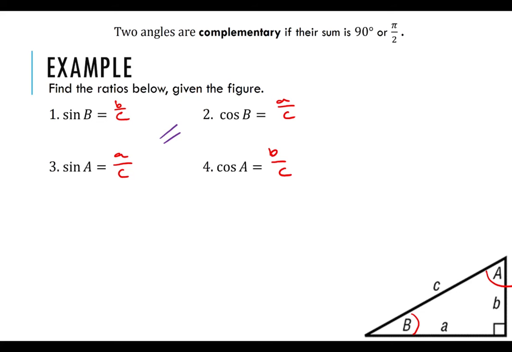Now, how do we know all that? We know all that because if you have any triangle and you add all the angle measurements in a triangle up, you're going to get 180 degrees. And since specifically I have a 90 degree angle, 180 minus 90 leaves me with 90, and so the two acute angles in a right triangle are always complementary angles. And so once again, notice that sine of A is the same thing as cosine of B if those two angles are complementary. So A and B are complementary,